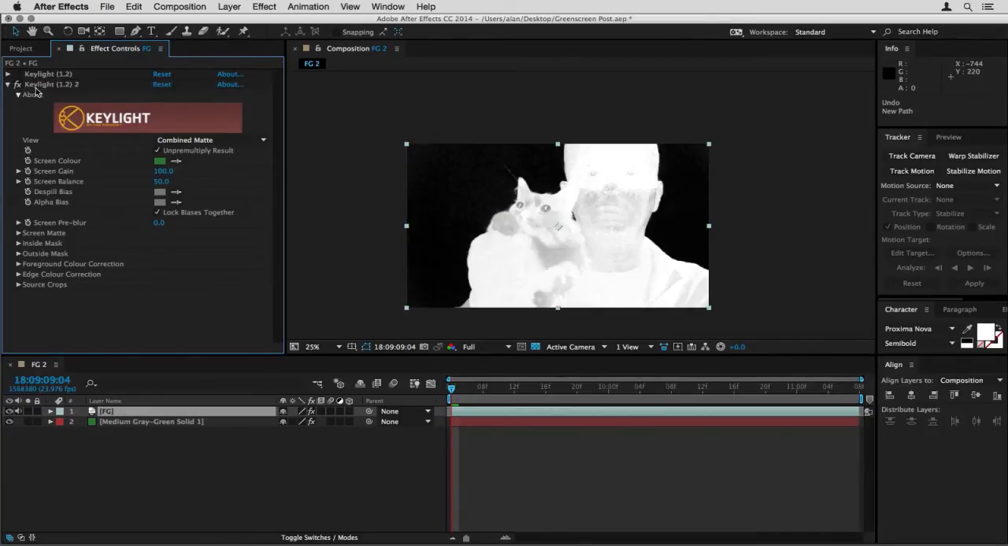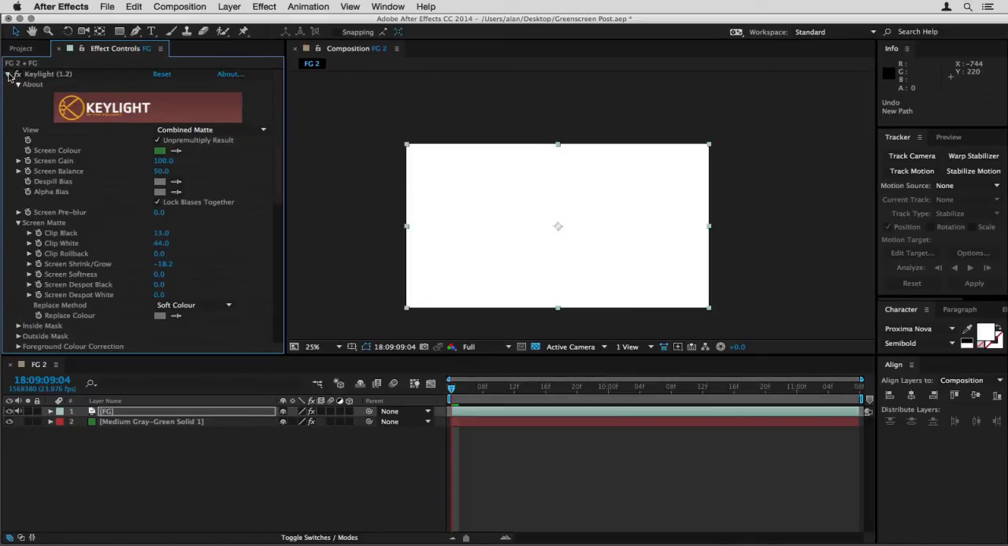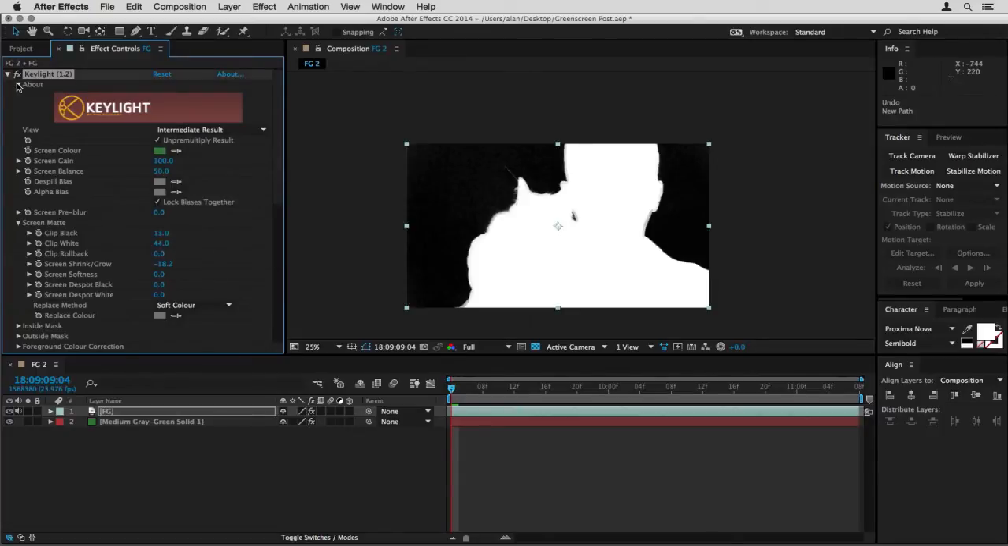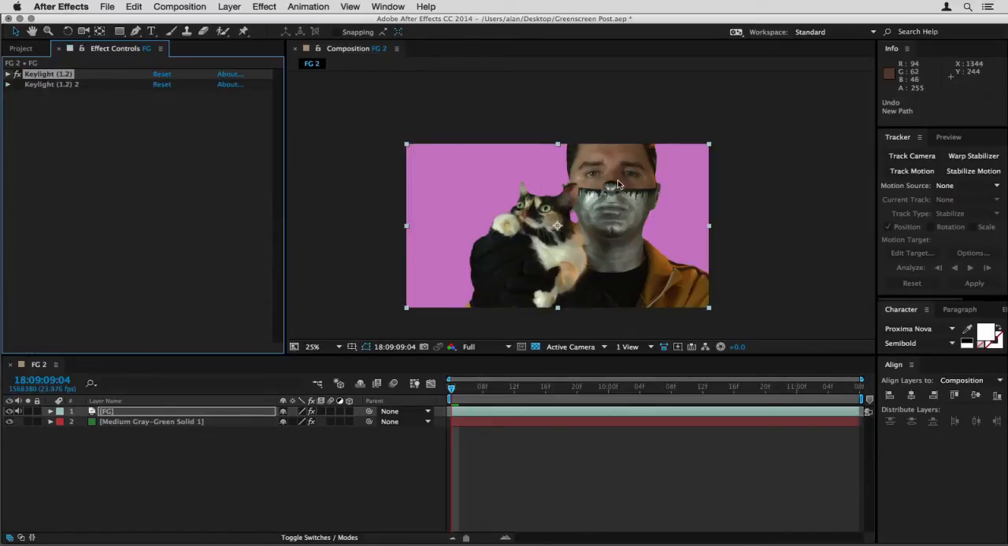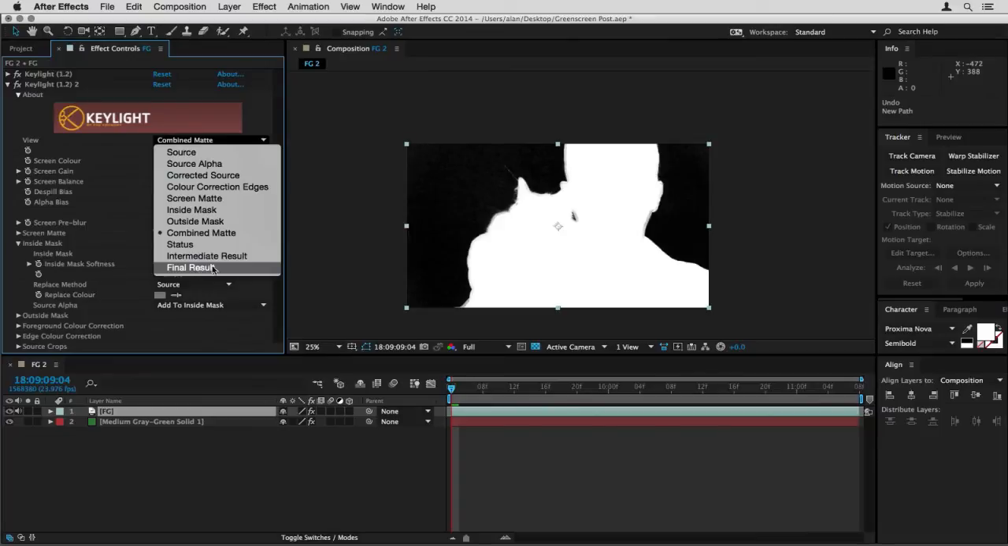So now instead of making an actual mask in this inside mask tool, for the source alpha section, we're just going to say add to inside mask. Oh, and we have to turn on our actual effect, and we have to set it from combined matte to intermediate result. That's just how it works. The intermediate result is like the untouched version of our footage with that matte that we created applied to it. And now we're adding that on top of this normal Keylight effect, which if I switch it to final result,